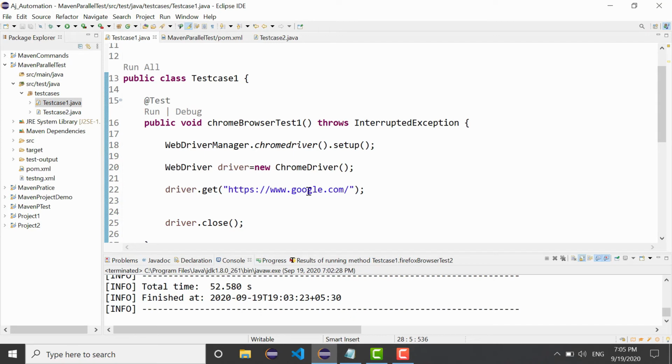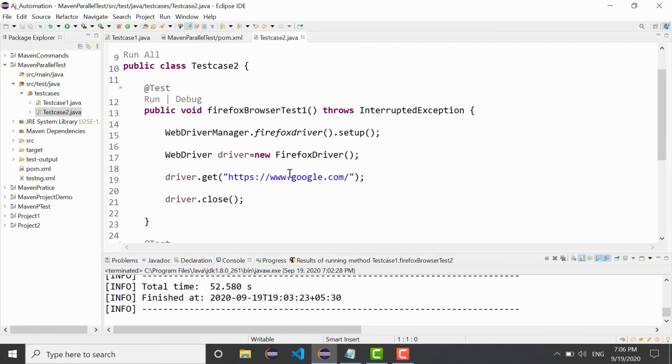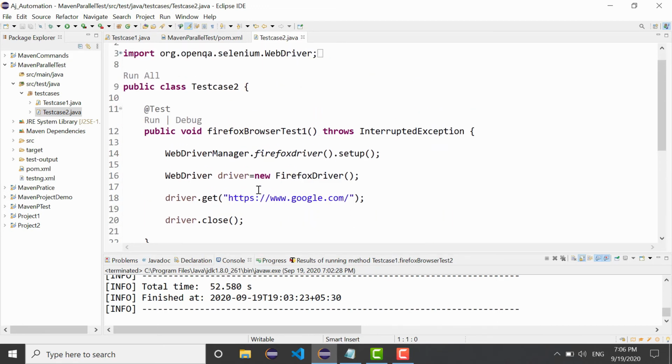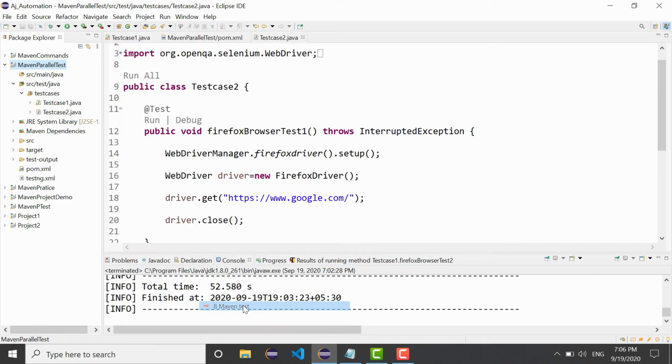You will see in test case 1 there is a Chrome browser first test case, and it will open google.com, and from test case 2 it will open the Firefox browser and first test case like google.com. So it should open Chrome and Firefox simultaneously. Let us run this again with Maven test.